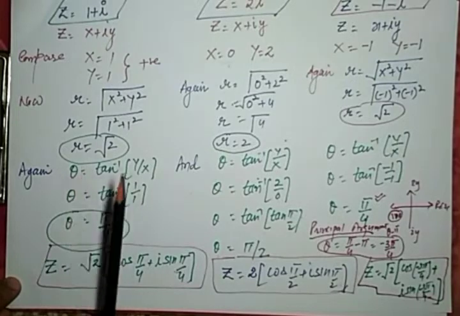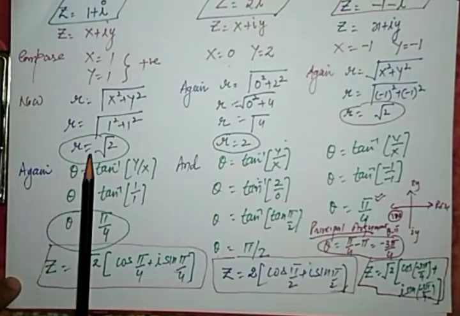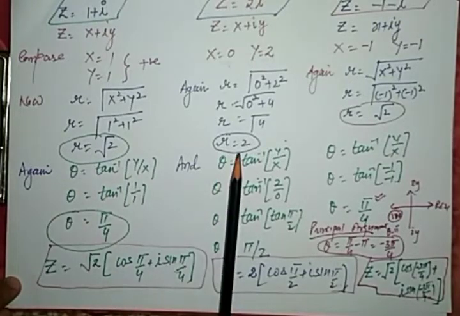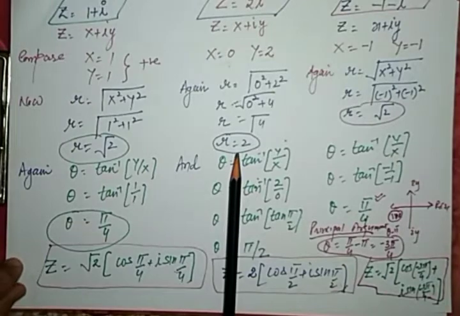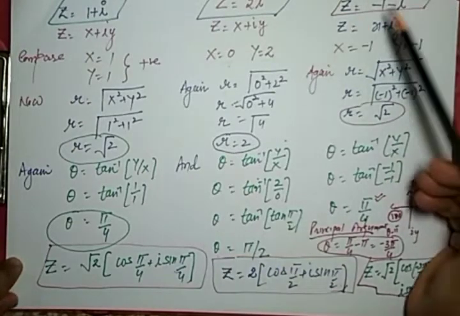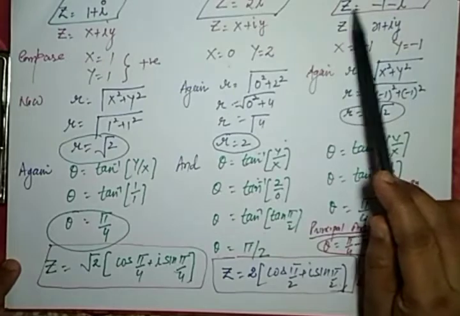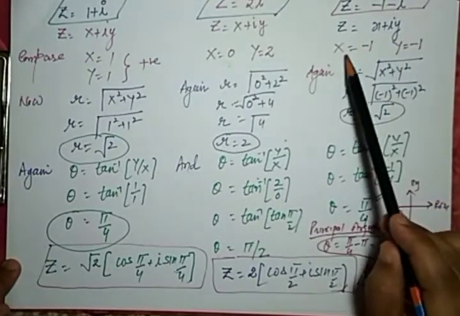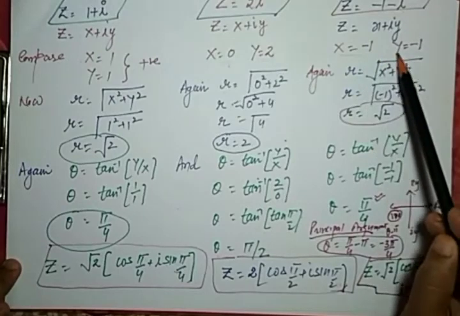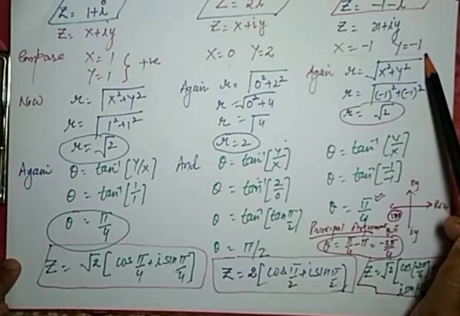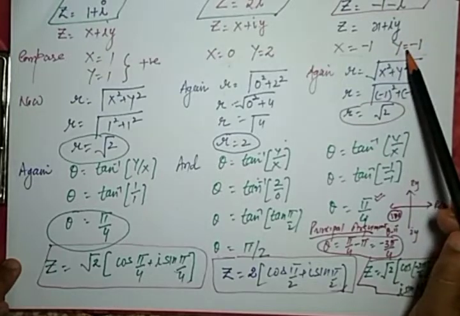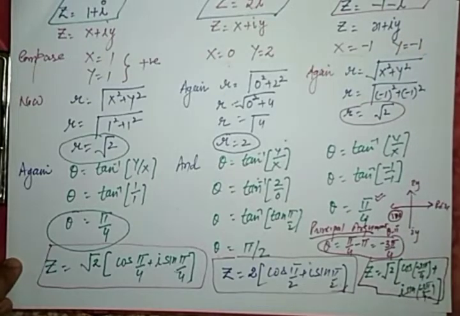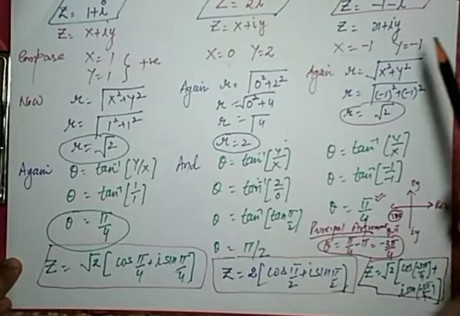In the first case, the number was lying in the first quadrant. In the second case, the number was imaginary. It was lying on the positive imaginary axis. Let us go for the second case. Here z is equals to minus 1 minus iota. Note that our real part is negative. Our imaginary part is also coming out to be negative. Both x and y are negative. So where do we lie? We will lie somewhere in the third quadrant.